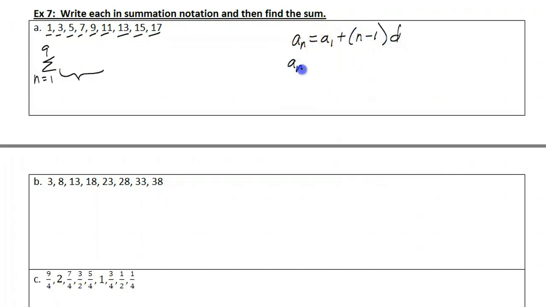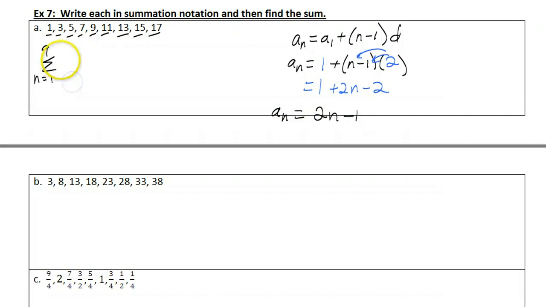In order to write my rule, I plug in term 1, which, look at our list, term 1 is 1. And then I'm going to plug in something for D. Look at our list again. It looks like it's adding 2 each time. Adding 2 would be a positive 2. I end up with 1 plus 2n minus 2, or 2n minus 1. So I just plug that in right here,